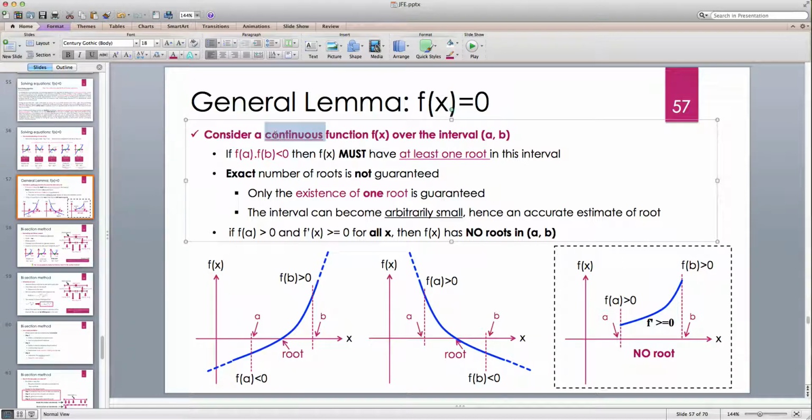Now continuity, we're assuming that the function is continuous over the interval that we are searching for the roots. Now it could be discontinuous over other intervals, which we don't care. But if we are looking for the roots over some interval a and b, here we're assuming that the function is continuous over this interval. And if it's continuous and the value of the function changes sign between the initial point and the end point of the interval, this lemma